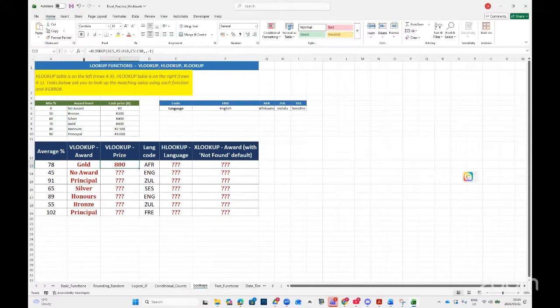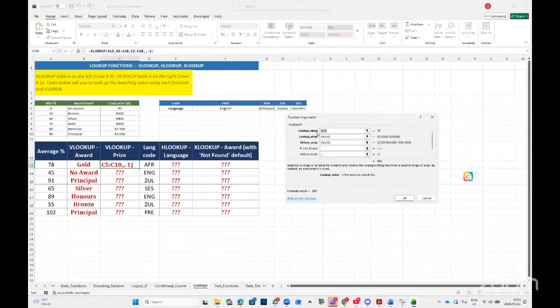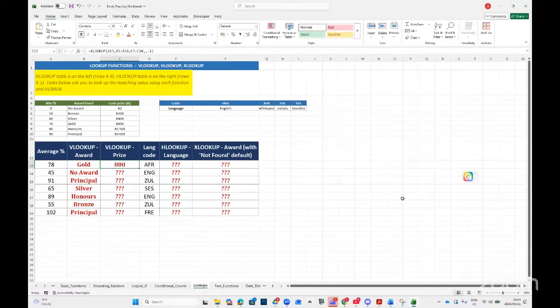So basically, for XLOOKUP, you need the lookup value, the lookup array, which is the averages here, and the return array, which is the prices. Then you click OK. But if the question again tells you to drag it down, you put a $ sign between